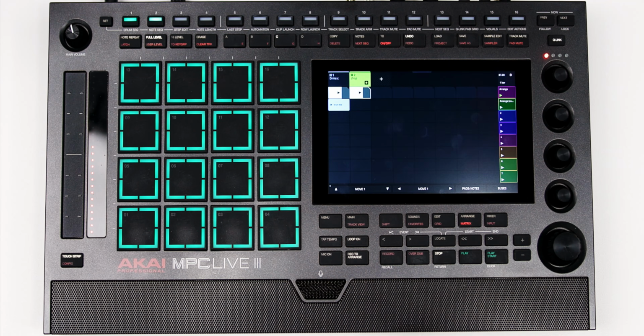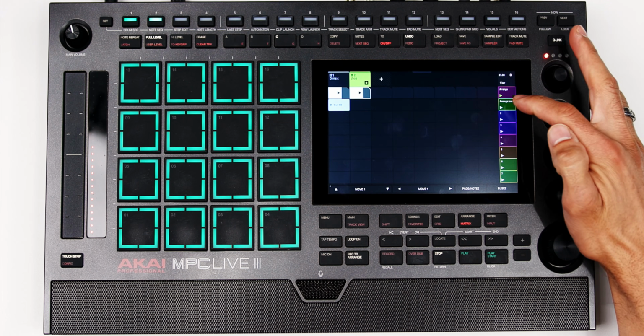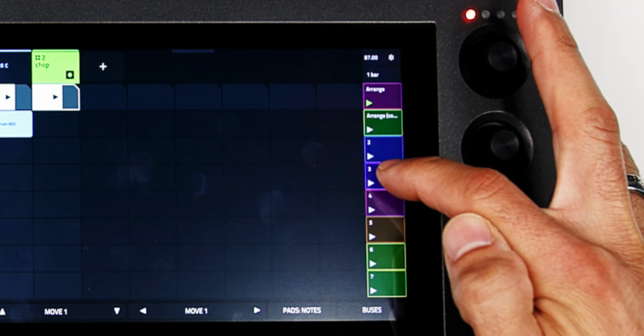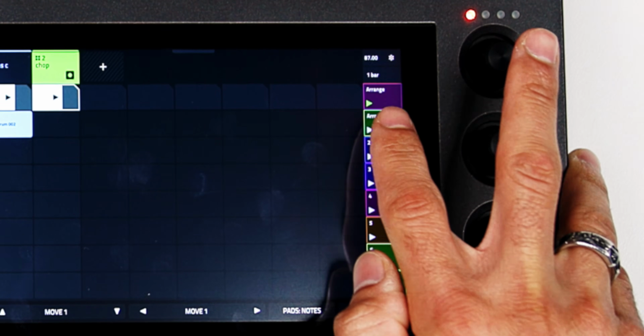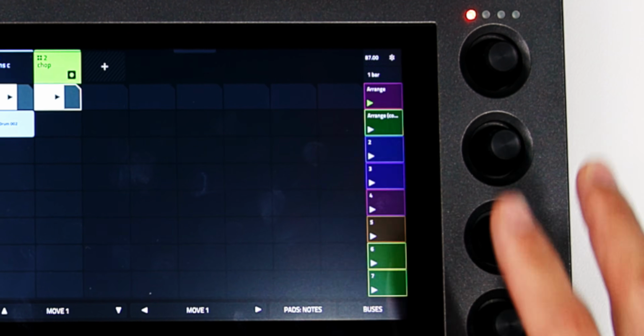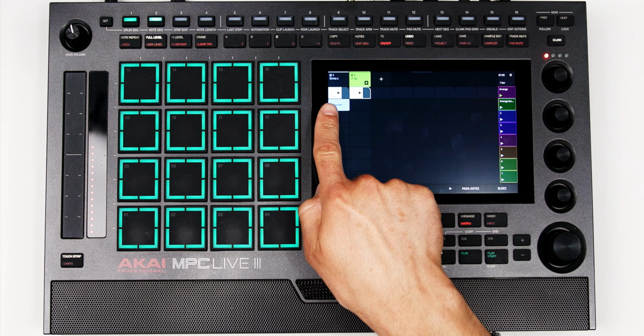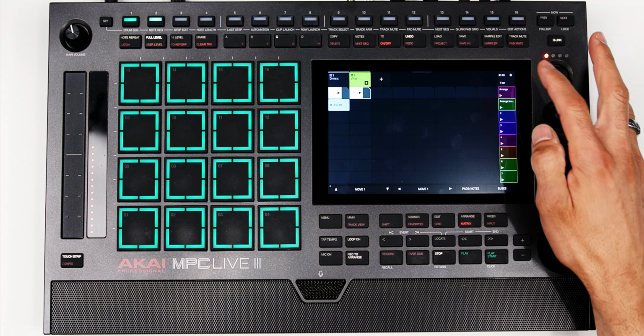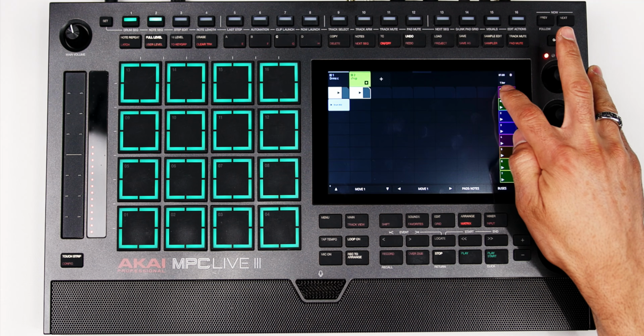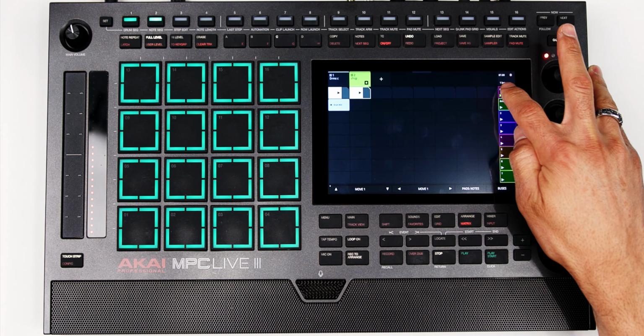If I jump into the clip matrix, we'll see that right here we have our clip rows down here. At the very top it's going to say arrange. That means that everything I've done thus far is on the arrangement. What we're playing back right now, what we're listening to, is the arrangement. If I hit play right here on this row,